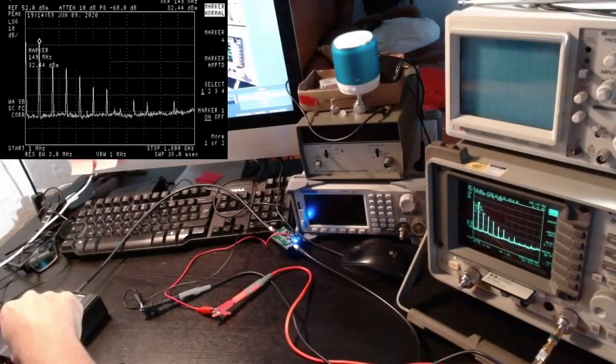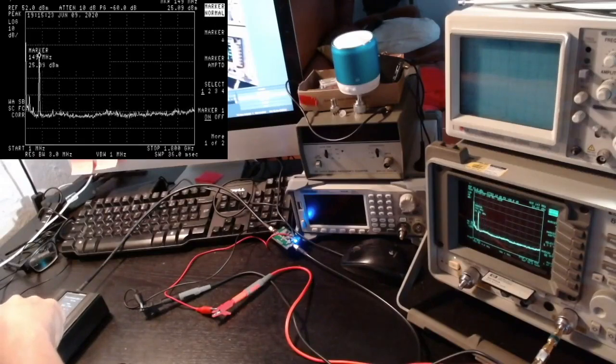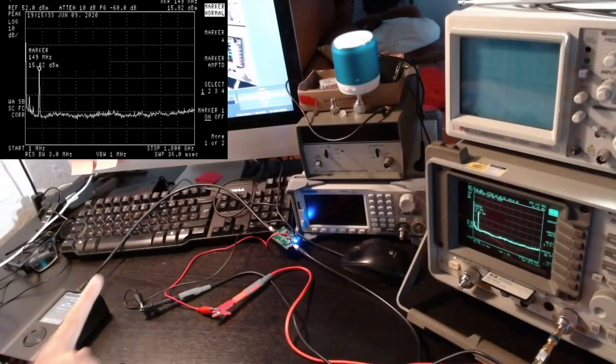So let me reduce the level on the HackRF to 40 IF. Still we have quite a bit of harmonics. I'm now at 29 on the IF on the HackRF. And so basically we can get around 30 dBm, but again, it's absolutely necessary to filter things. Here at 15 dBm, so I have IF set to 15 on the HackRF,